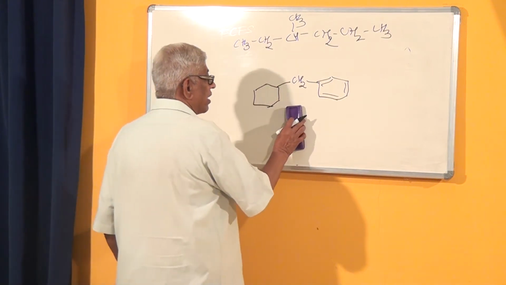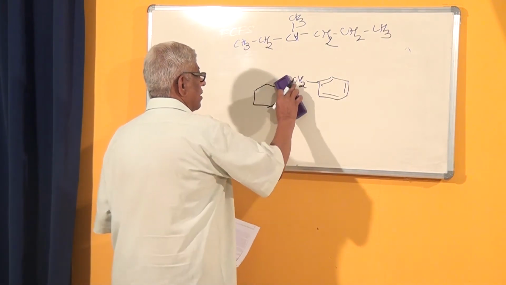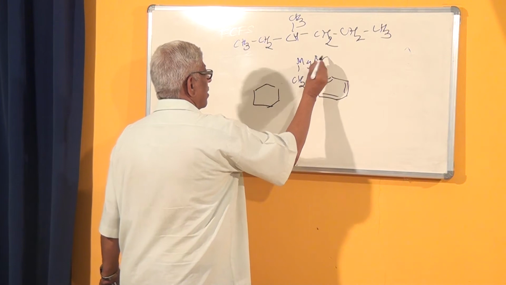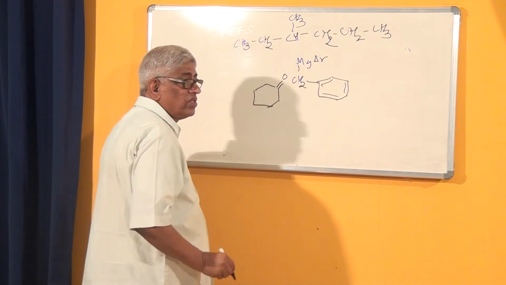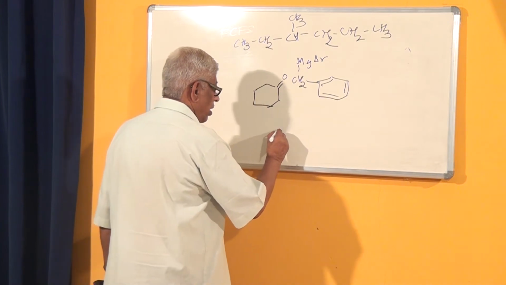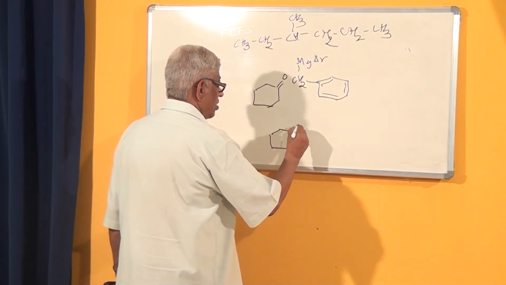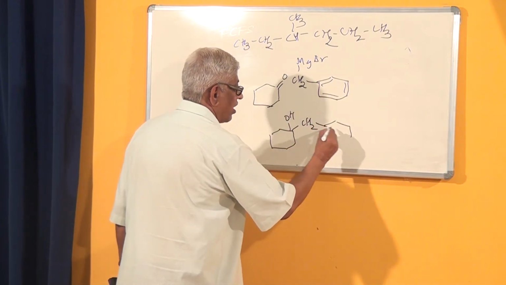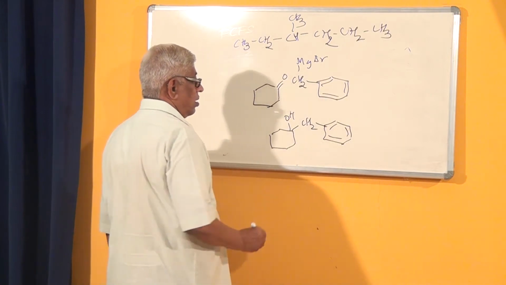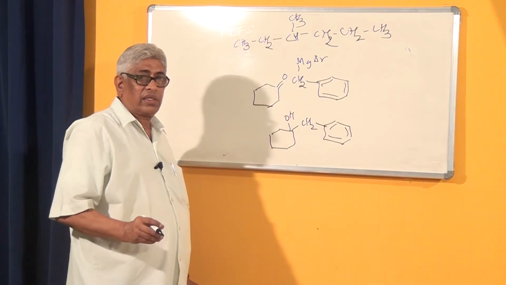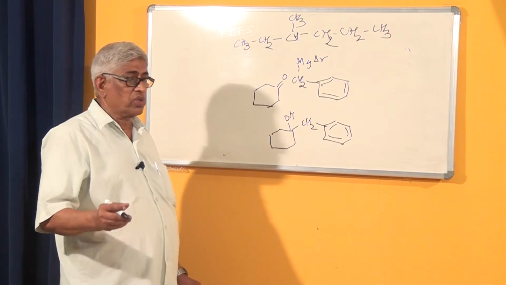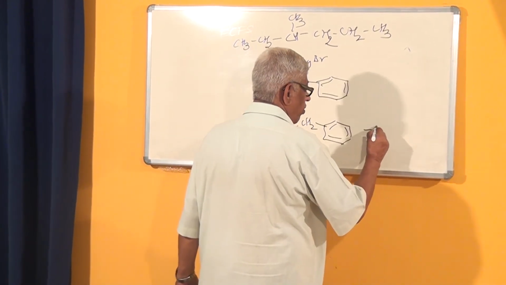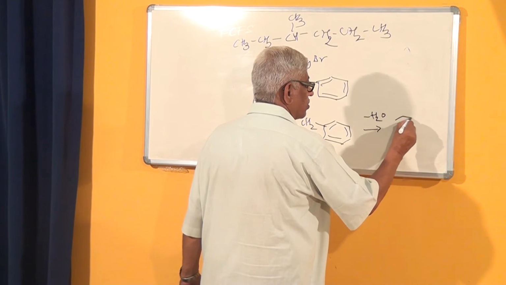The first one will start with a Grignard reaction. The Grignard reaction has to make use of a CH2MgBr here and a C=O group, a cyclohexanone. These two will react to form CHOH here, CH2 and a phenyl group. Now you can very easily see that this compound is a tertiary alcohol. It can undergo dehydration, with the loss of a water molecule, to give rise to